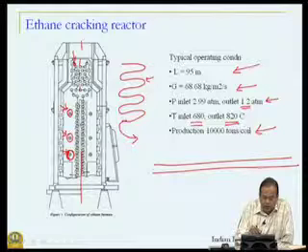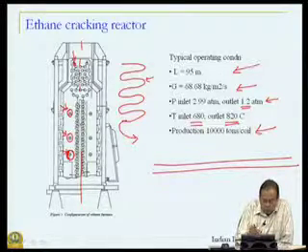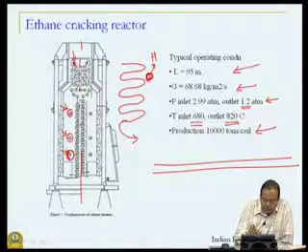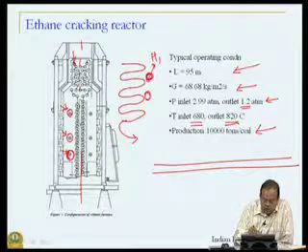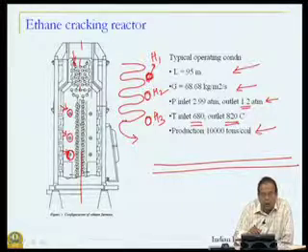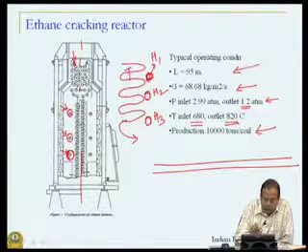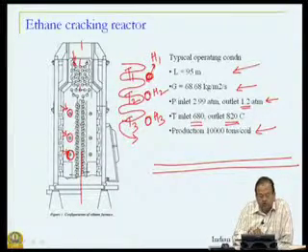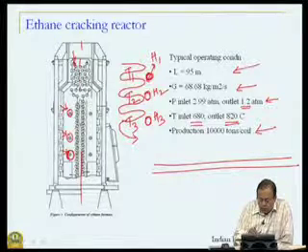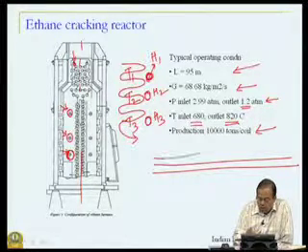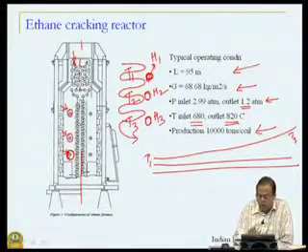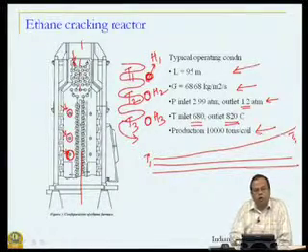Why is that? For example, if you again look at the side view, what we are seeing is that in this regime the heat flux will be, let us say, some H1. In this regime it will be H2. Again, these are the burners that you are seeing here, H3 and so on. So, we can have temperature T1 in this regime, temperature T2 in this regime, temperature T3 here and so on. Essentially, we have now generated a profile of temperature along the length of the reactor. For example, from a low temperature to a high temperature.